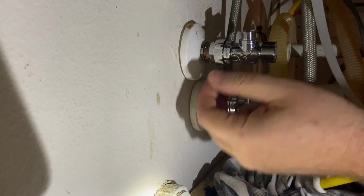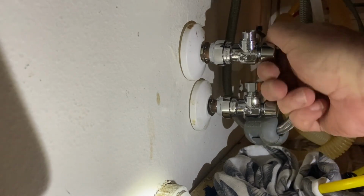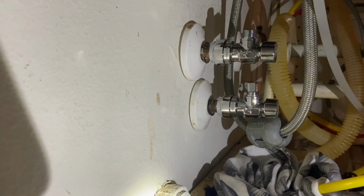So now, I guess at this point, I've got these valves off, turned to the right where it's not in line. And I'll just have to go turn on my water main and see if these leak. Now to do this, I'm a little cautious. I'm going to let my wife